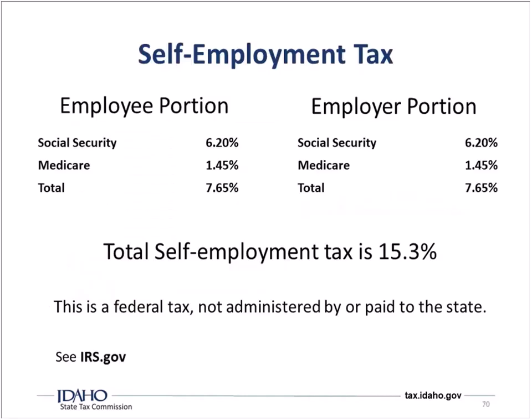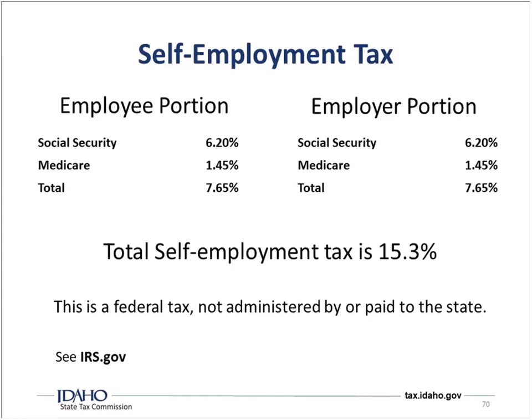So first thing we need to be aware of is the self-employment tax. If you're self-employed, this tax includes FICA, Social Security, and Medicare. You have to pay this on your own if you're self-employed. Even if you're starting a business as a side business, this needs to be paid. Typically, when you're employed by another person, these are usually split between the employee and the employer. As someone who is self-employed, you need to pay this full percentage.